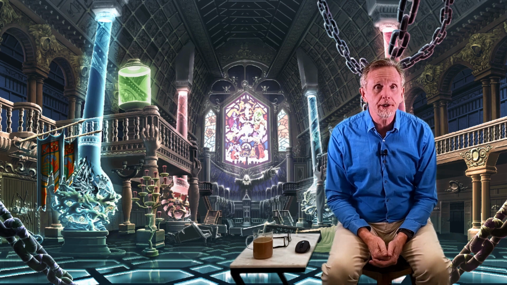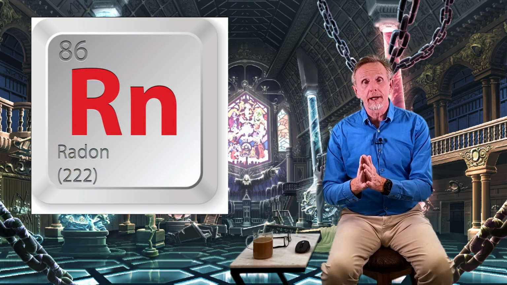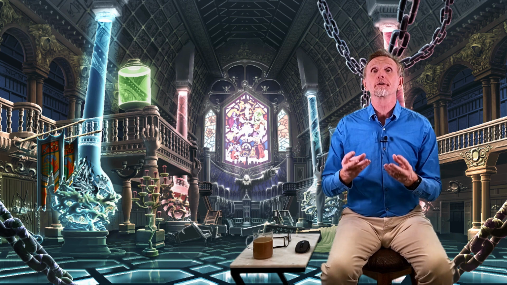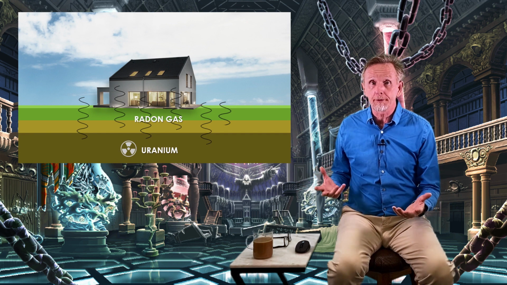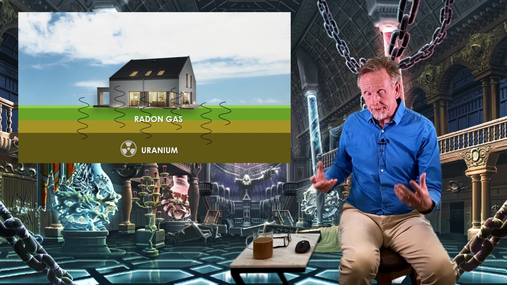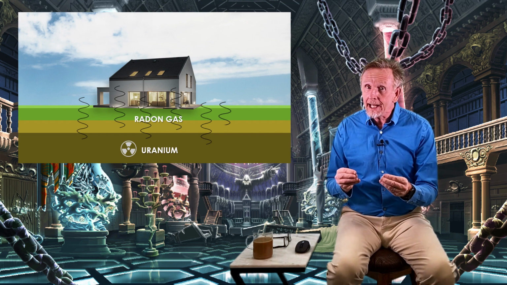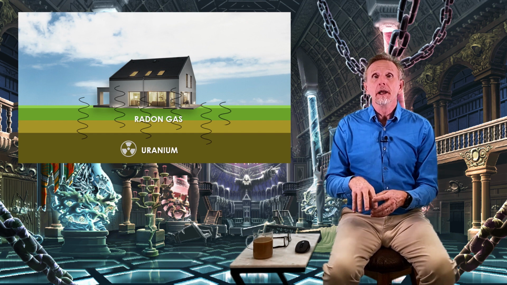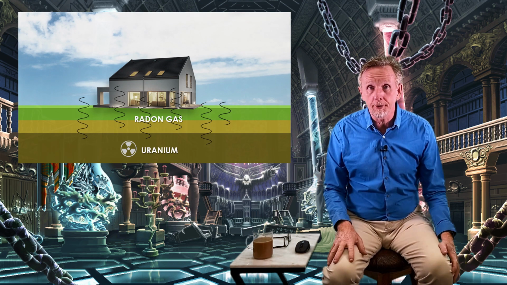The last one I want to talk about is radon gas. Radioactive radon 222 to be specific. We just really refer to it as radon gas. Now radon gas is emitted from uranium ore. So down deep in the earth, all over the place, we have radioactive elements. Well, uranium, as it decays, it gives off radon gas. It's a gas, but it's radioactive. And the gas seeps up through the cracks in the ground and makes its way up into the atmosphere.